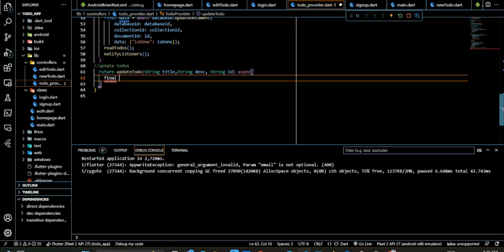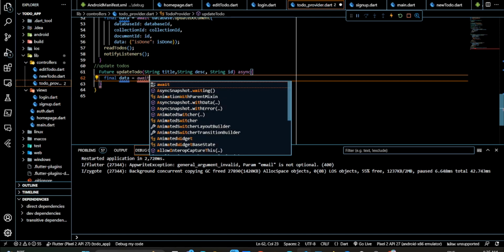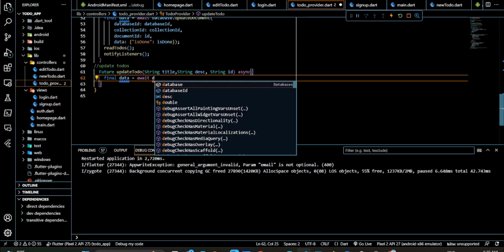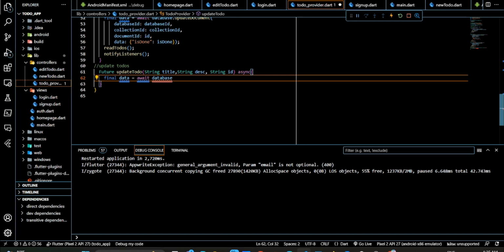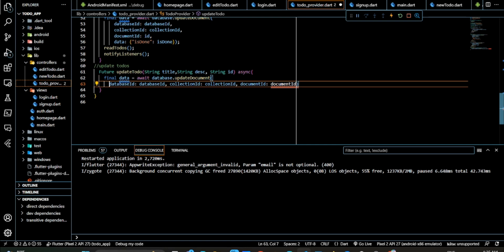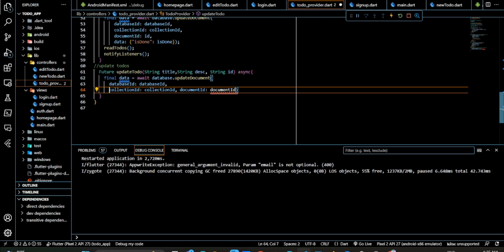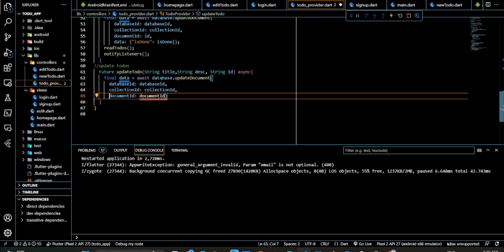final data equal to await database dot update to do update document. Okay, sorry, update document, and then same problem with document id. We need to change it to just id,